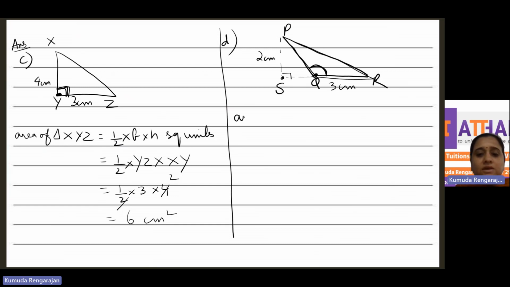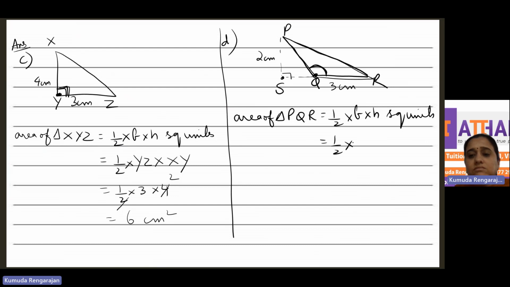Okay, now area of triangle PQR is equal to half into base into height, square units. PS. That's equal to half into